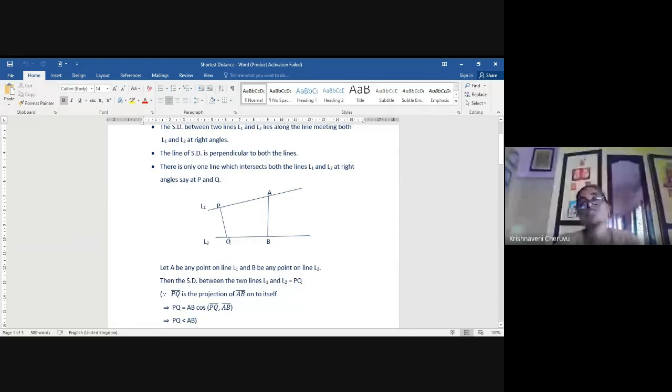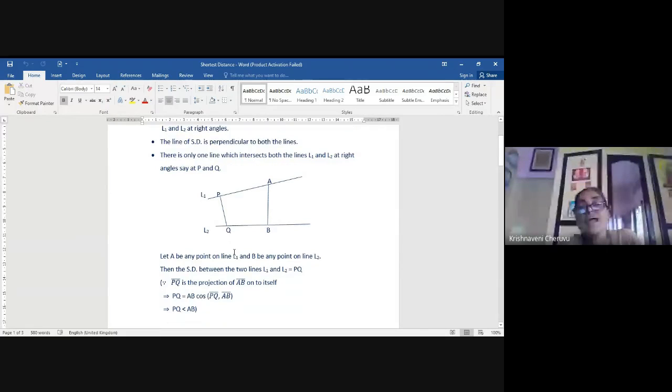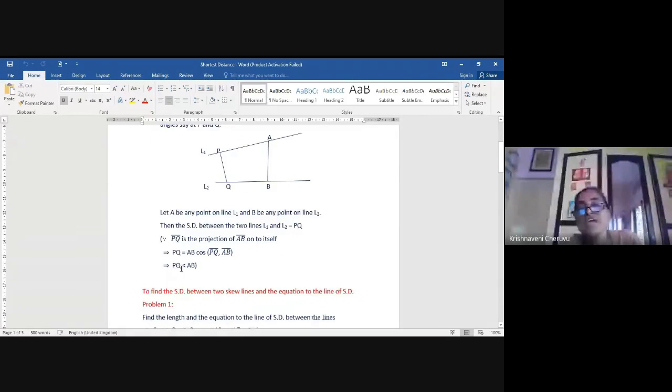Whenever I write PQ, it means the distance between P and Q, girls, and if I write PQ bar, it is the line PQ. Remember, the line PQ must be written as PQ bar, and if it is distance you can write only PQ. Now, you have already seen the two different forms of lines. One is the symmetric form of a line, the other is the unsymmetric form of a line.